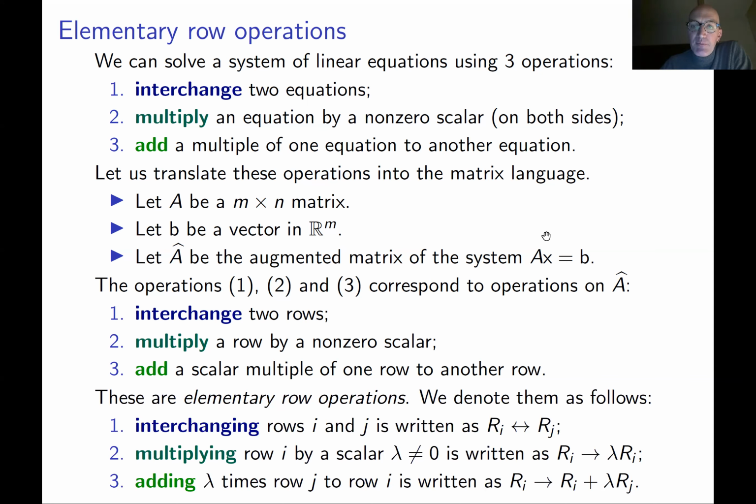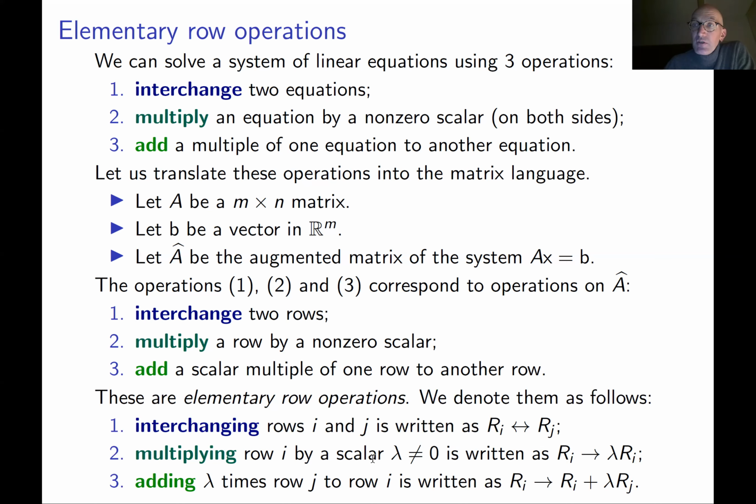In order to make it simpler, we use special notations for these row operations. If we interchange two rows, i rows and j rows, we write something like this: Ri interchange with Rj. It means we swap two rows, the ith row and the jth row of your matrix. If you multiply some given row, Ri, row number i, by scalar lambda, we write like this. So you replace row Ri by the row lambda Ri.